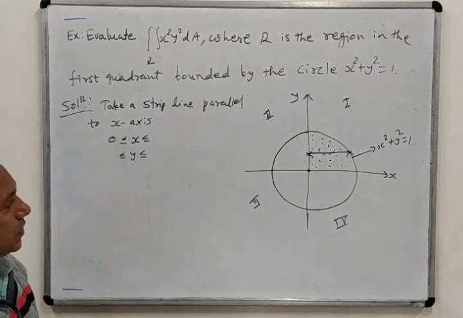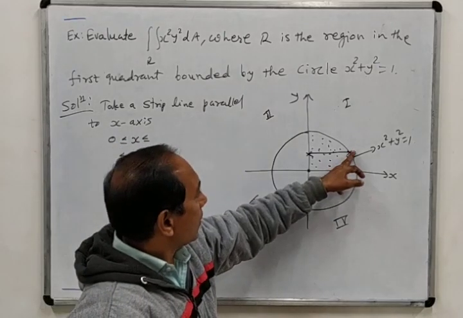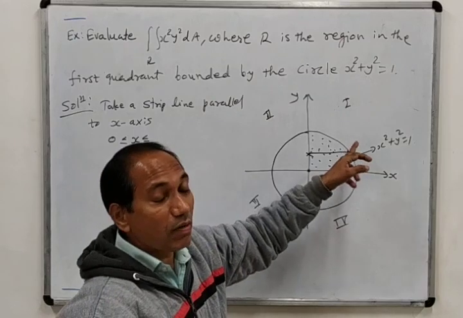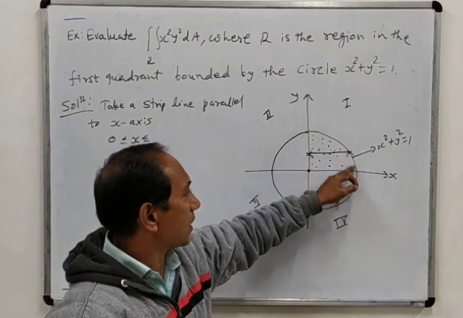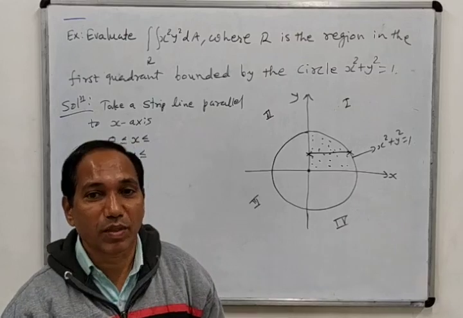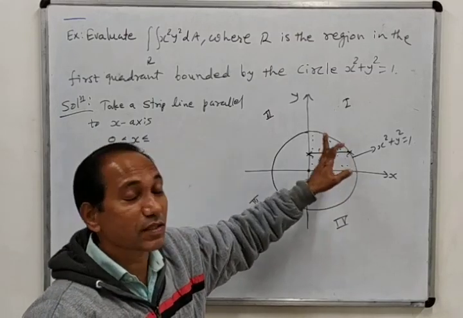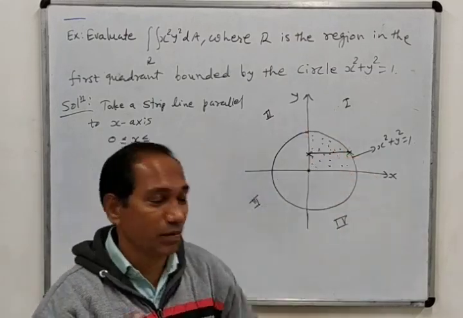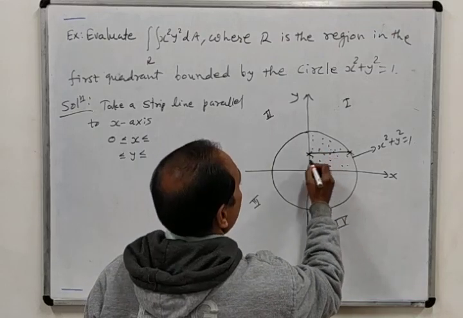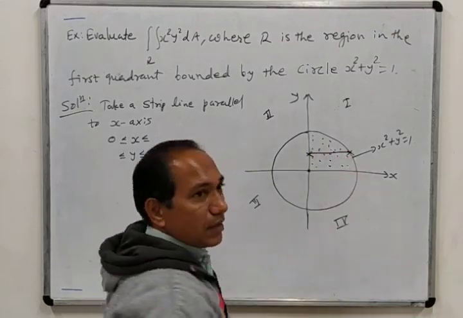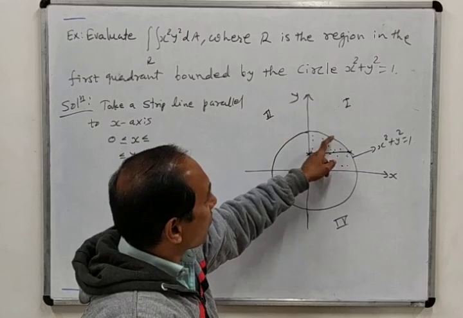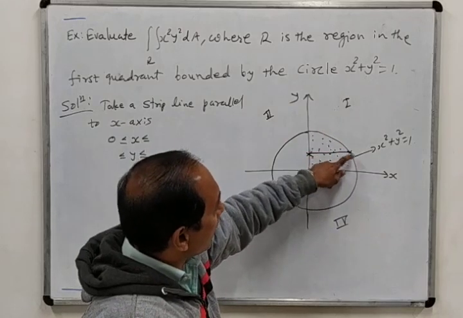X equal to 0. And see here, the right hand point lies on which curve? Here it lies on the circle. Where is it? It is not important. This point, where is it? It is not important. Which curve it lies on, that is important, because we can draw this kind of straight line anywhere in the circle. So this point is a moving point. So it lies on the circle.